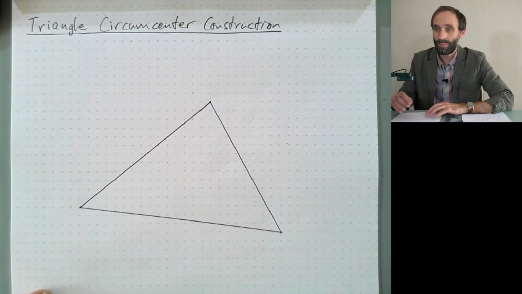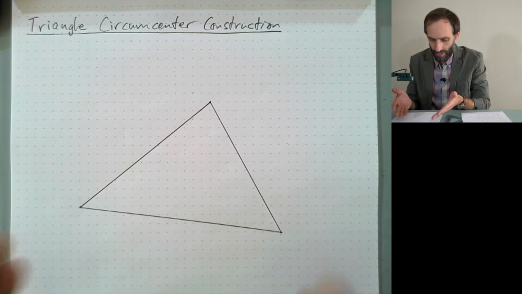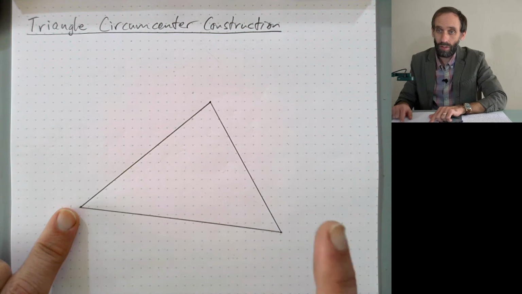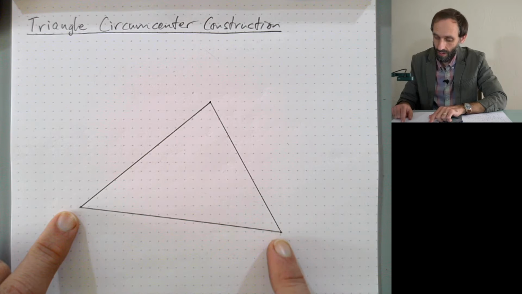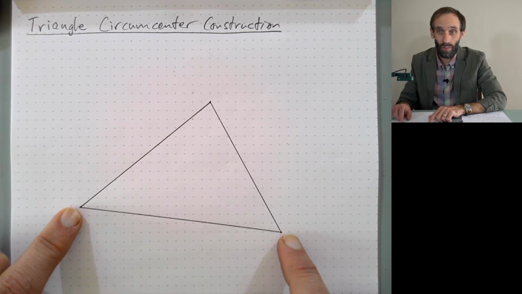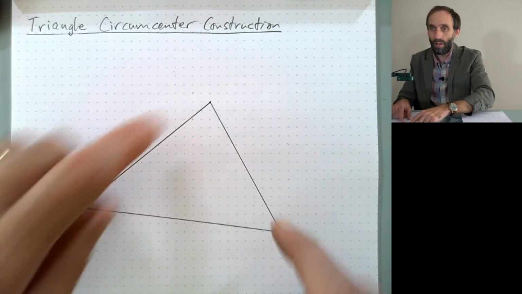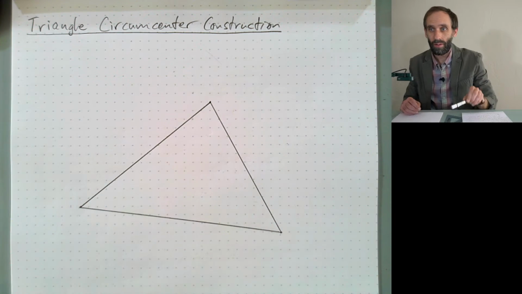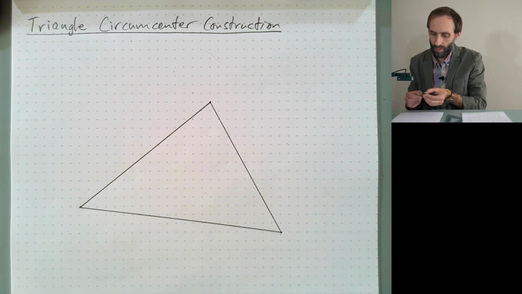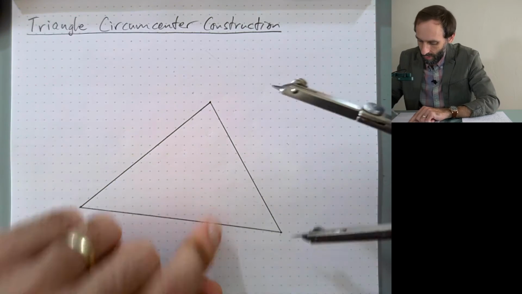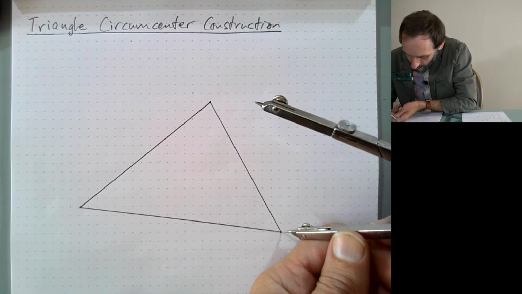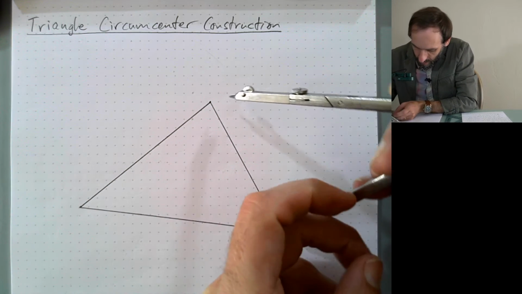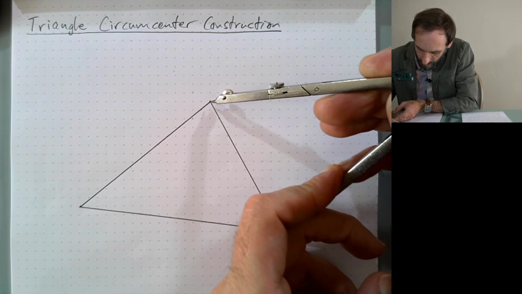In this video I'll show you how to construct and prove the circumcenter of a triangle. So here you can see I have a triangle, and in order to construct the circumcenter of this triangle I need to construct the perpendicular bisectors on all three sides. So I will start with this side right here. I'm going to go ahead and set my compass to be the length of the side,